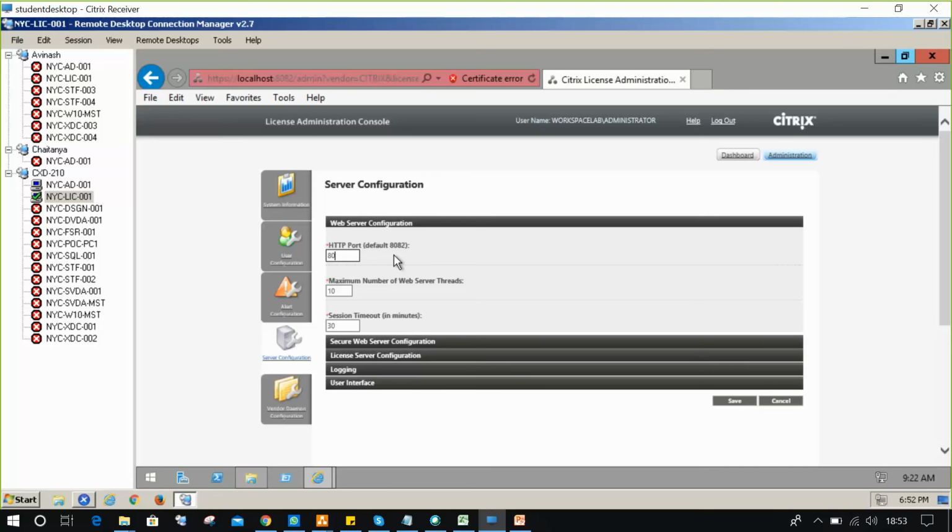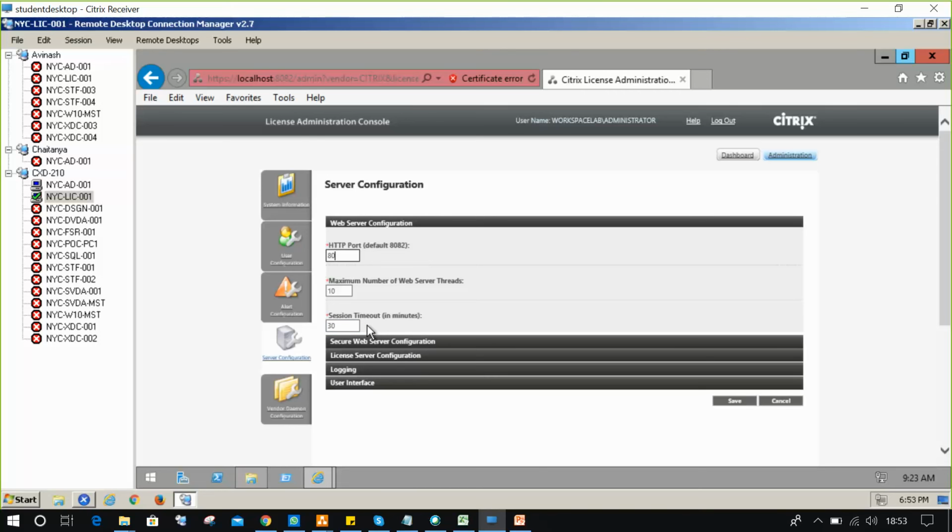Then there is the maximum number of web server threads, meaning how many administrators can connect directly to manage the license server: 10 sessions. Threads are nothing but sessions here. And session timeout in minutes is 30 minutes.